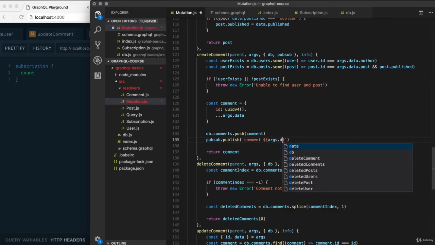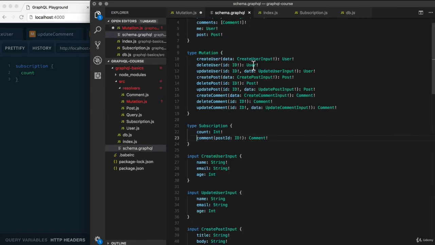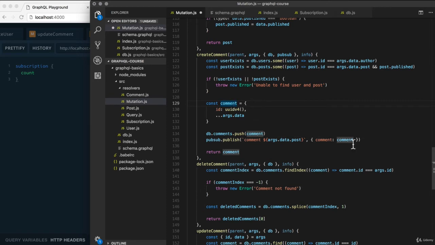That would be args.data.post. Now, the second argument is our object, and on there, we have to provide a value for the comment property. Remember, this matches up with the subscription name. Its value needs to be whatever we expected to come back. Right here, an instance of comment. And we actually already have that on the comment variable up above. So we have a comment property with the value coming from a comment variable. We can just use the shorthand syntax for that. And there we go. We now have our comment subscription all set up, and we can actually test this out